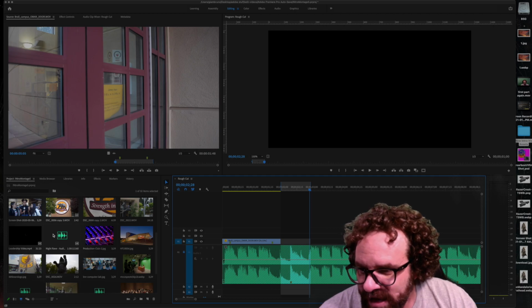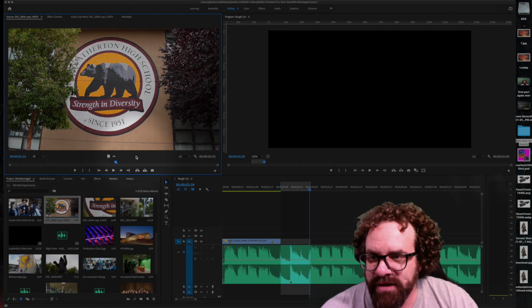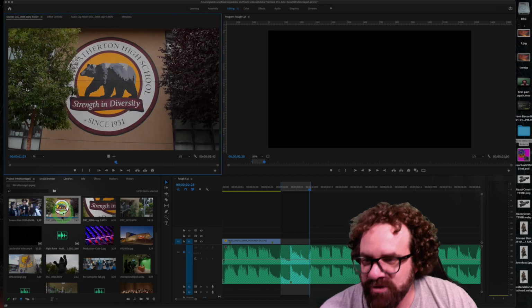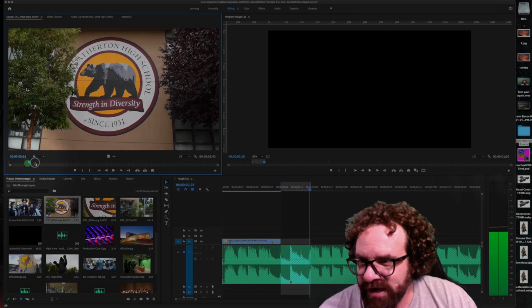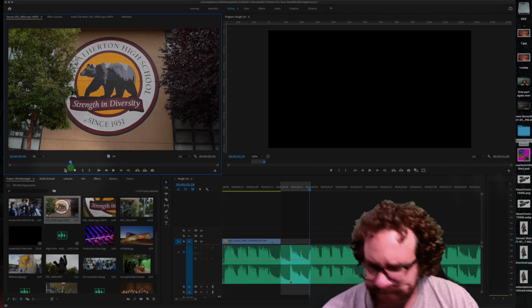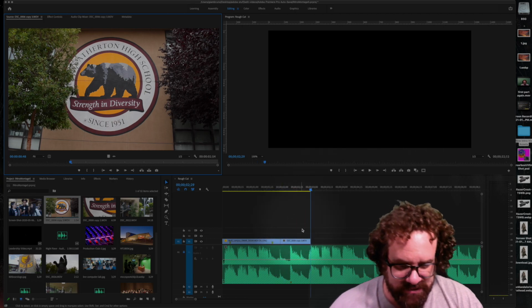Let's remind them as to where we're looking at. So let's throw in this shot of our little strength and diversity. I'm going to use the close-up one later, but let's do this one now. Is there any movement? No, it's a very static shot. So if there's no movement, you can just press I and throw it into overwrite, and notice it cut it